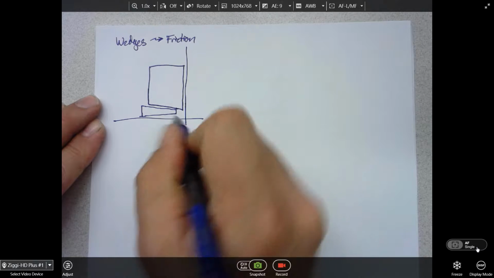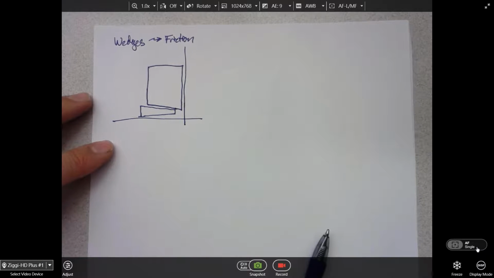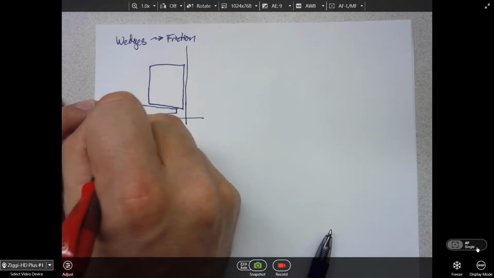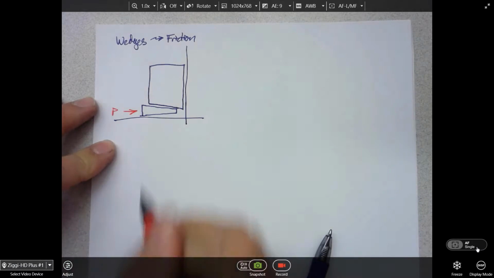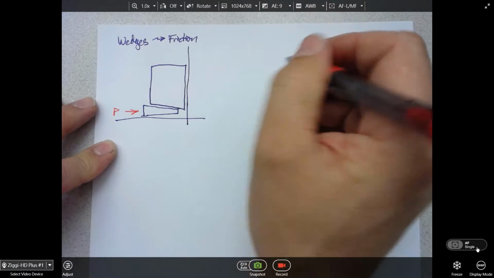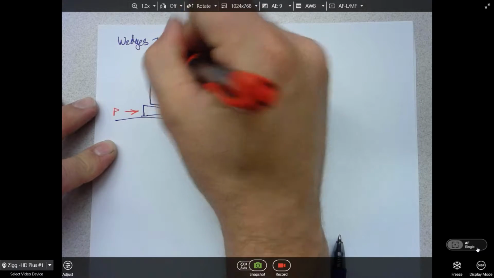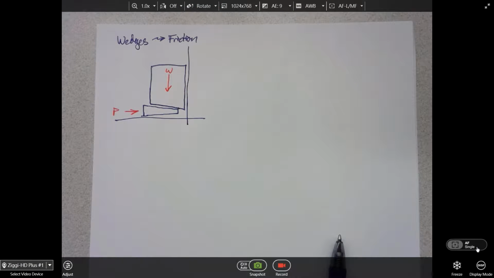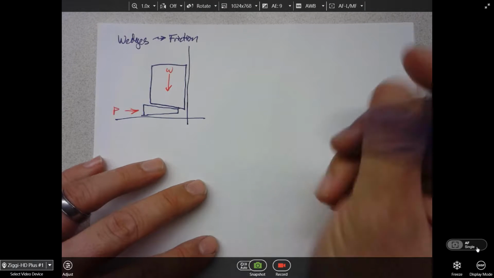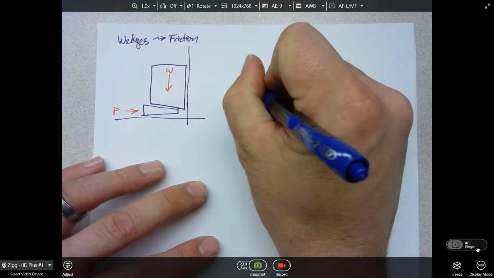If you've got a wall here and you push the wedge inwards, what will happen to the block? It's got some weight and it's going to go up. So the trick with wedge problems is you have to think about what direction the impending motion is. When we draw our free body diagrams of this wedge,